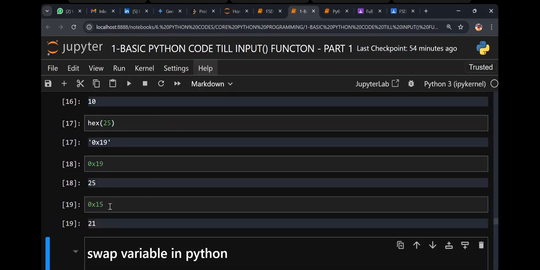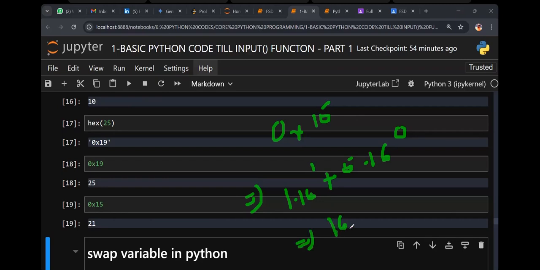So how exactly is it 21, guys? Let's say 0x15: 5 into 16 to the power 0 plus 1 into 16 to the power 1. 16 plus what, guys? 5 equals 21. I hope the concept is clear.